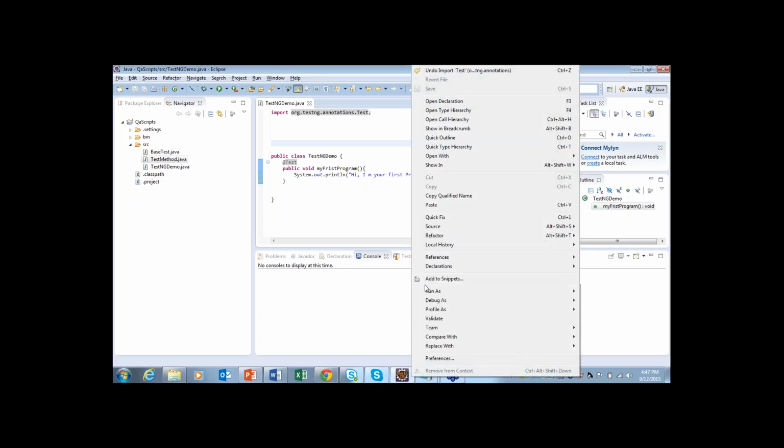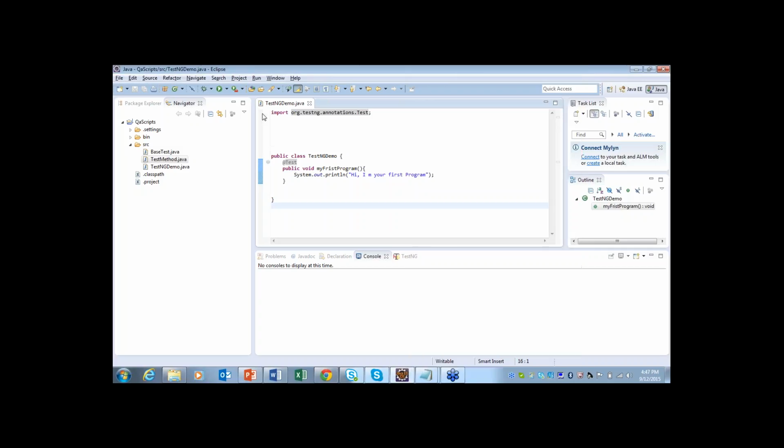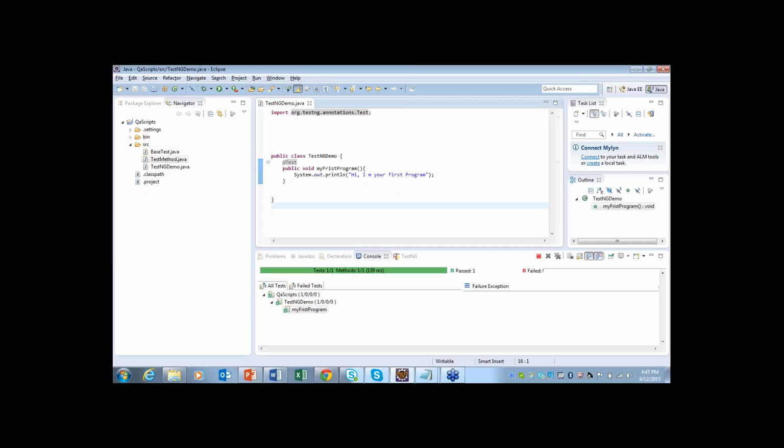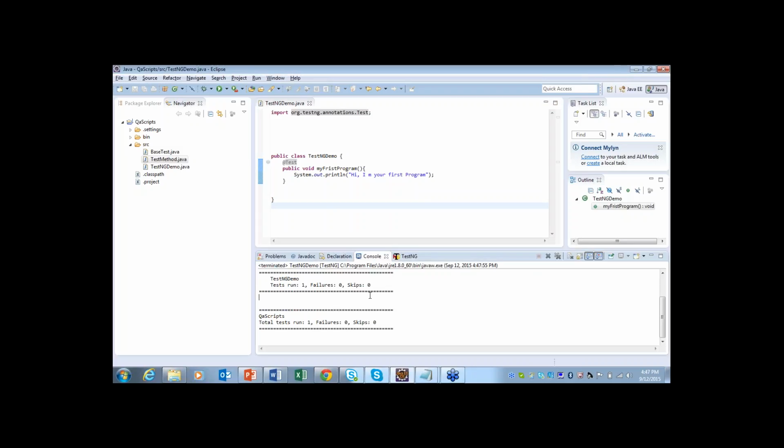One way is right click and go to Run As. Otherwise, you can also click on Run As here and choose TestNG Test. As soon as you run the program as a TestNG Test, it will show some lines here. I'll explain about these lines later, but as of now look at the status. The status is passed. What is passed? The method name here, my first program, that is passed, and the message I have given is printed. It means it has executed this particular method without the help of main. So this is how we can use TestNG